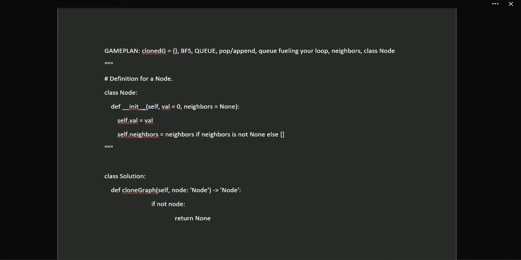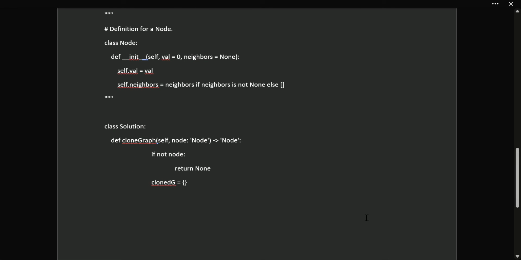If there is something, we know in our game plan we need our own graph here. So we've got cloned G, and again set it equal to an empty dictionary, empty hash table, however you want to say it. Okay, we've got that empty. Is there something we could put into it? Yeah, we're passing through this node right now. Let's go ahead and make the copy of that node. So how we would do that is clone G at index node, and that's going to be equal to class node, and you're going to have